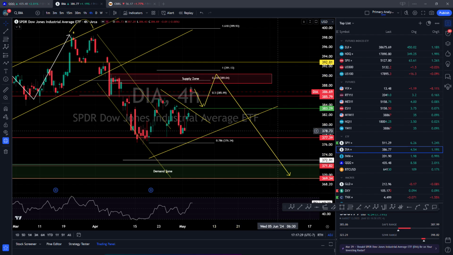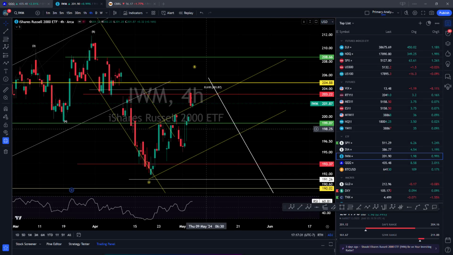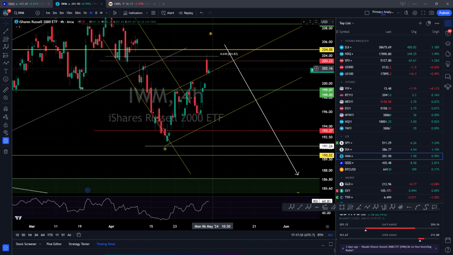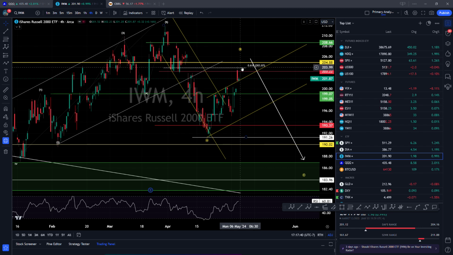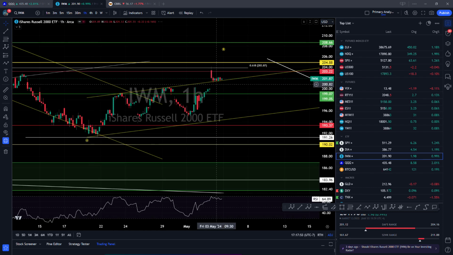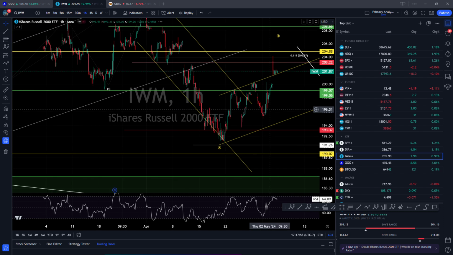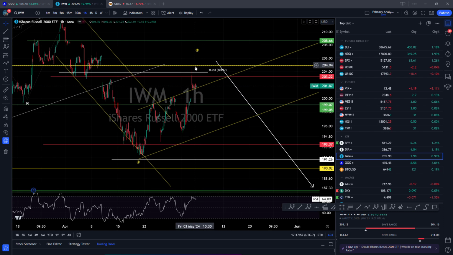That's DIA. And IWM, we took some shots. I mean, this did not even try to go up after testing the 61% retracement up at the morning open on Friday. It did not even try to go back. Will it make another high above that? I highly doubt it. And we didn't add a lot. We added a very small position. We'll see if it goes up. Probably will give us an opportunity to add more.